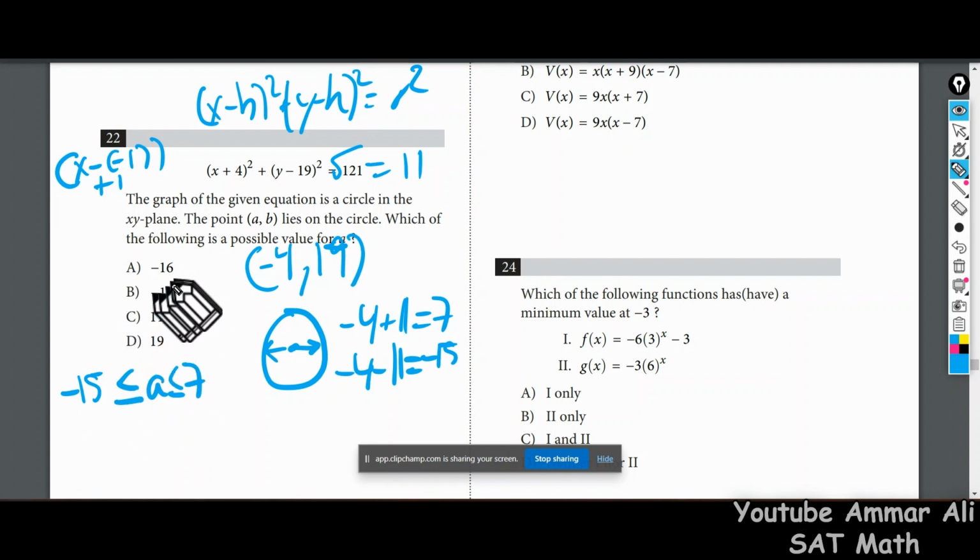I believe the only one is B, right? So again, for this one, all we had to do was figure out the center, and then from the center, we only cared about the x value, right? Because A is the x value, and we just wanted to see which x values from the options given to us would be a valid x value that lies within the bounds of this circle. Okay,